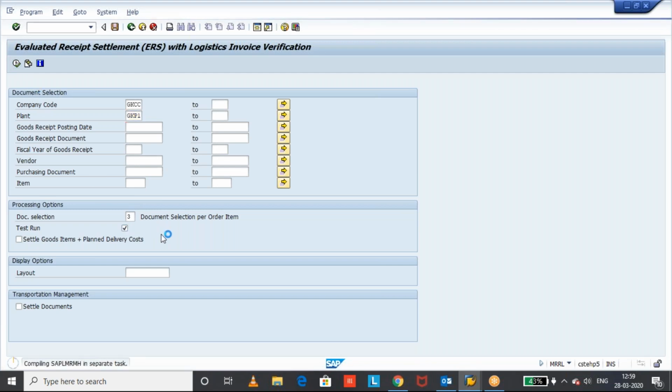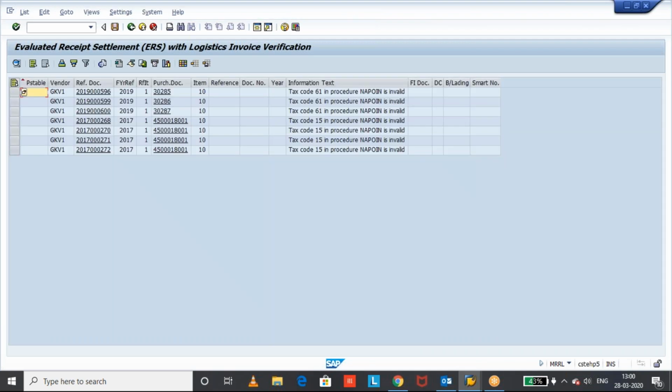What are the goods receipt documents posted which are relevant to the vendor who accepted the ERS flag? Okay, so those goods receipt related documents will be visible in the output so that we can generate the invoice receipt. Okay, so we can use this option to generate the invoice receipt.